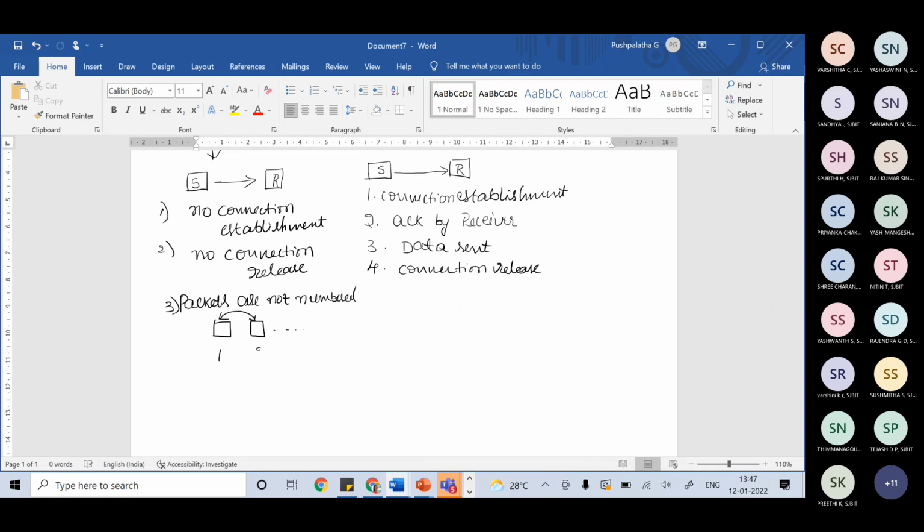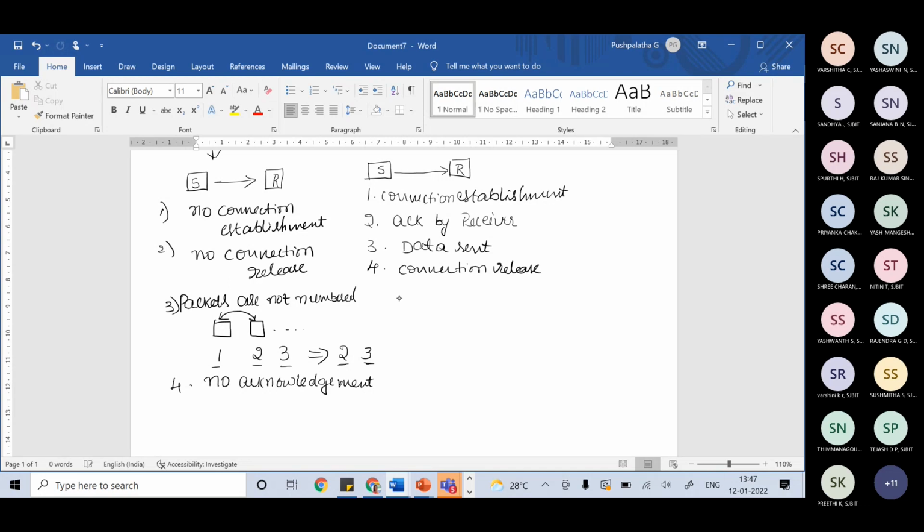If I send 1, 2, 3 in order, at the receiver end 2 may reach first, 3 may reach, and 1 may not reach. Also there is no packet numbering, and no acknowledgement in a connectionless protocol.